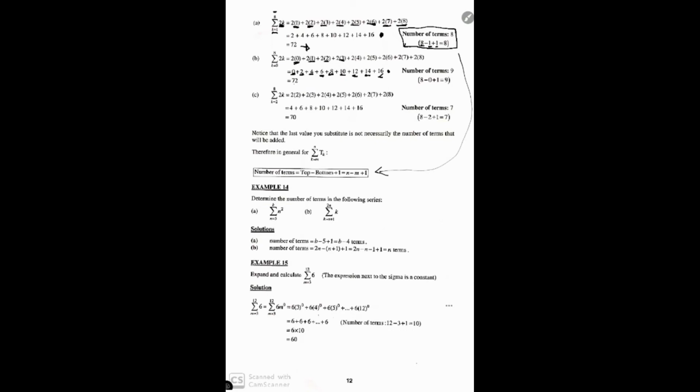Now pay careful attention. Do you see that we end at 16 for both patterns, or for both series? And then do you see that our answer is exactly the same? We've got 72 for both. What's the difference? The difference is that here we've got 9 terms in B, and in A we've got 8 terms. Why? It is because we started